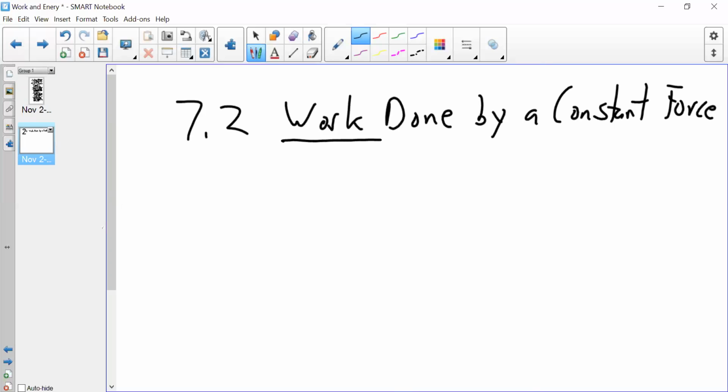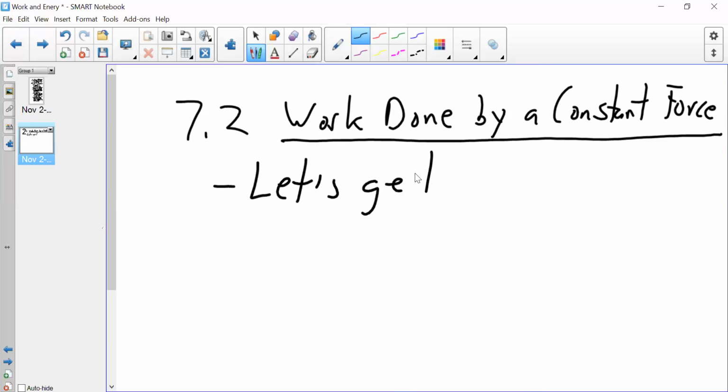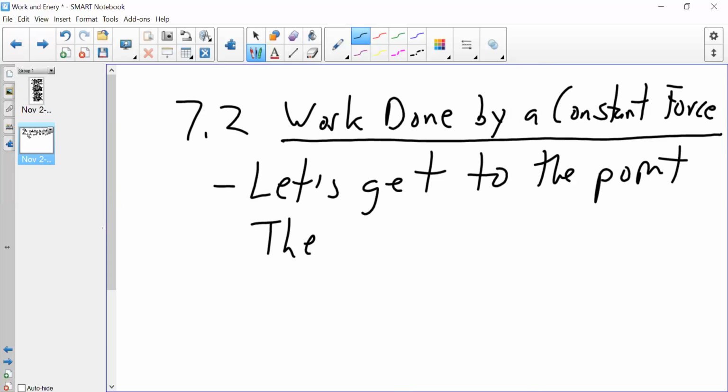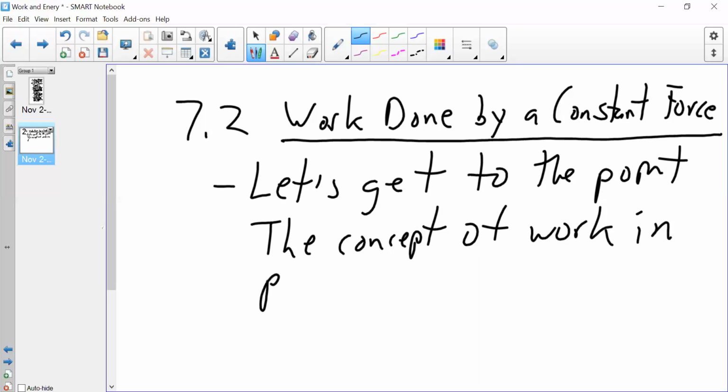Work done by a constant force, constant net force. So let's get right to the point. Let's get right down to it, right? The concept of work, not going to work or doing work around the house, physics work. So the concept of work in physics